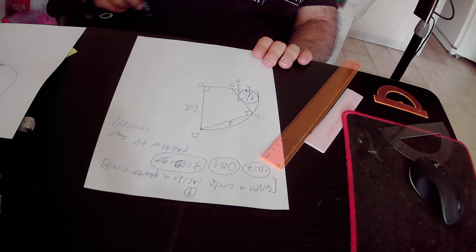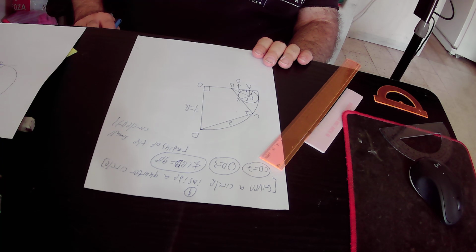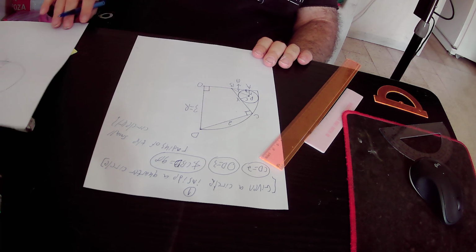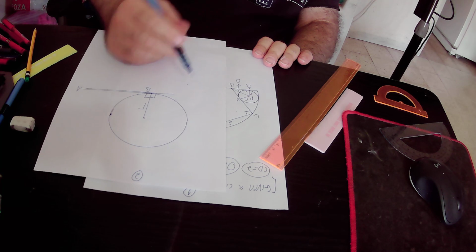So actually triangle ABP is a right triangle, and angle ABP equals theta. So we can write down that tangent theta